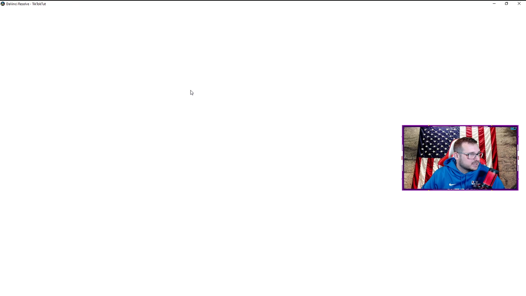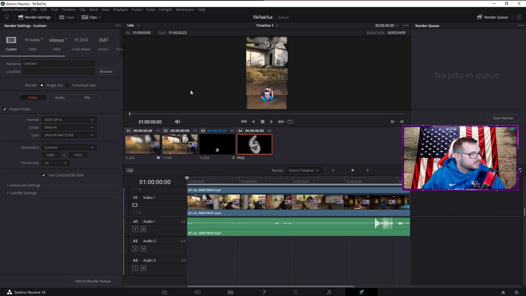And my computer is deciding to be slow. All right, so here we are. You're going to put the file name in here you want to save it as. You're going to want to select where you save it at, just like you would any other file. What you need to do is go down here to Format and switch that over to MP4. You can leave everything else the way it is. If you know what you're doing there, you can adjust your audio and your file settings and all that stuff. Then you're just going to hit,